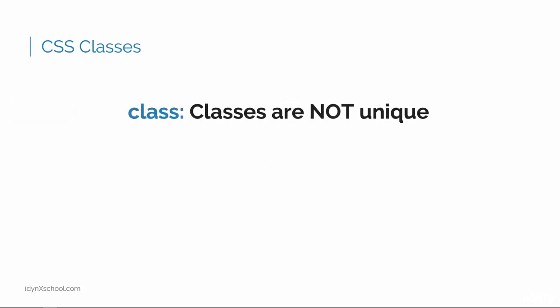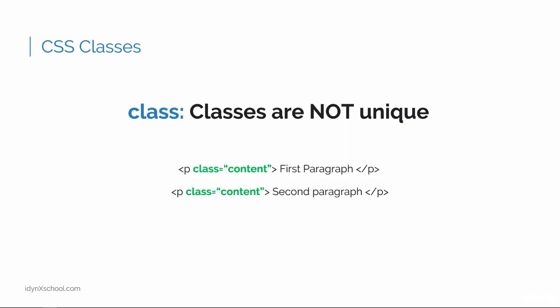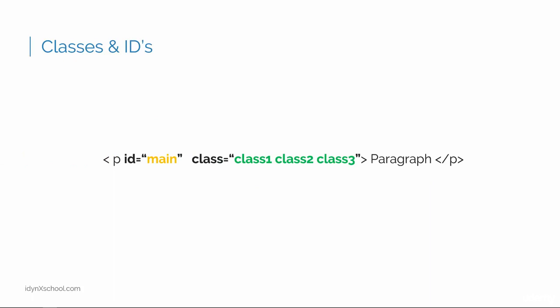On the other hand, CSS classes are not unique. You can use the same class on multiple elements. You can use multiple classes on the same element. For example, you have a paragraph with class content. You can have another paragraph with class content as well. It is a design question when to use an ID and when to use class. Any styling information that needs to be applied to multiple elements on a web page should be done with classes. Secondly, you can have one ID per element. However, you can have multiple classes per element. Let us have a look at some basic examples of CSS classes and IDs.